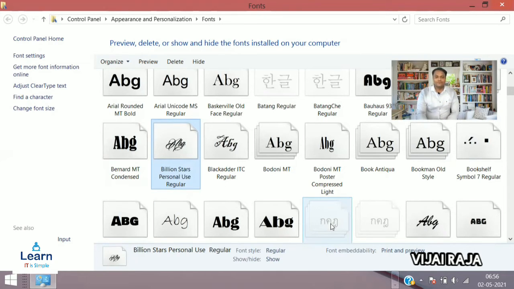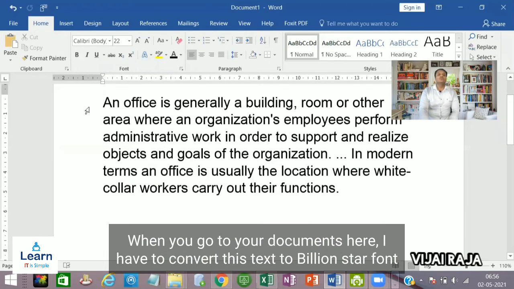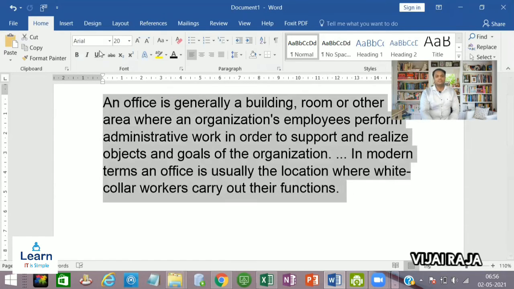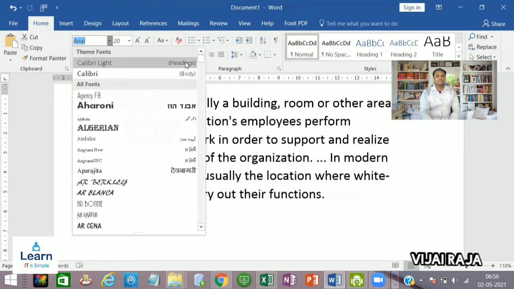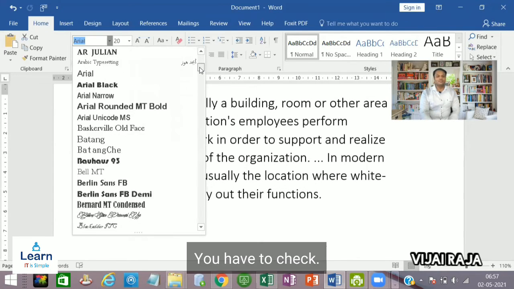When you go to your documents, I have to convert this bold text in Calibri font into Billion Stars. Before that you have to check.